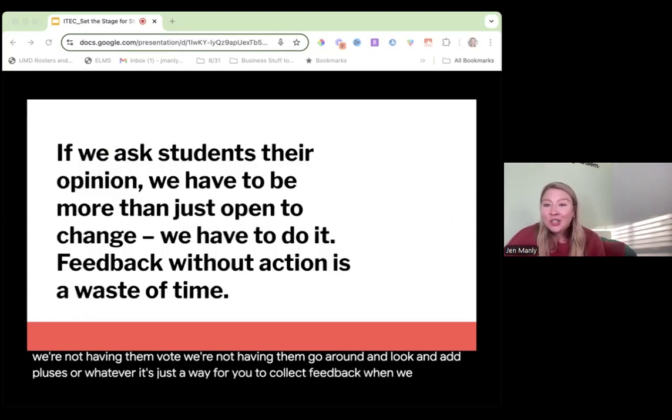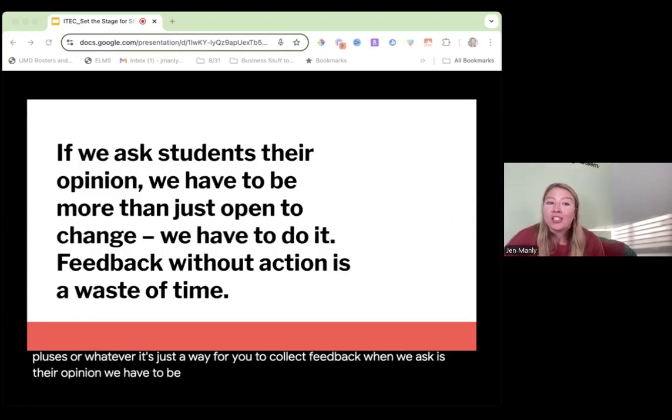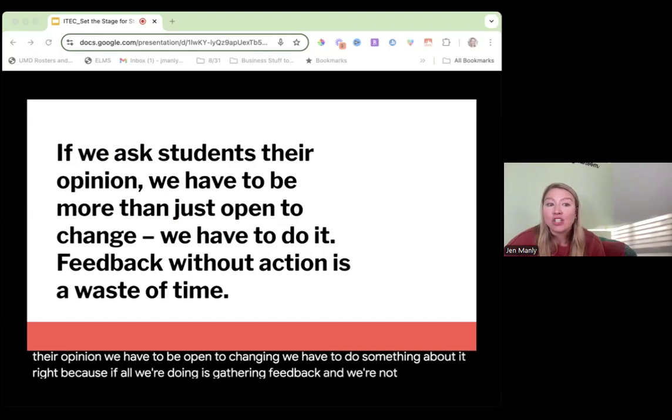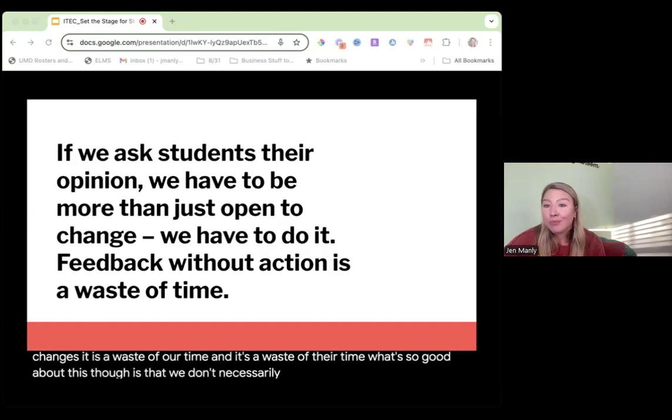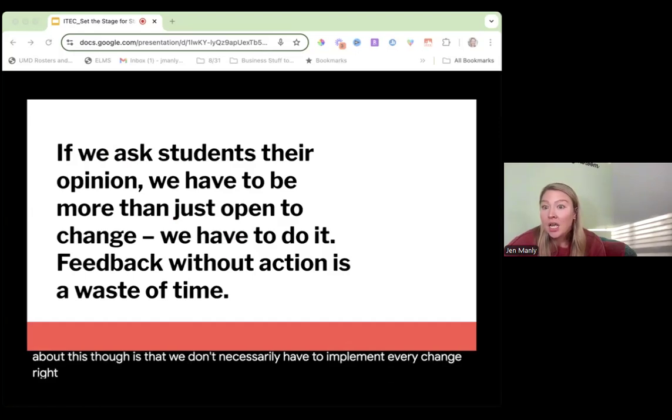When we ask kids their opinion, we have to be open to changing. We have to do something about it, right? Because if all we're doing is gathering feedback and we're not making any changes, it is a waste of our time and it's a waste of their time. What's so good about this though, is that we don't necessarily have to implement every change, right? We can have,